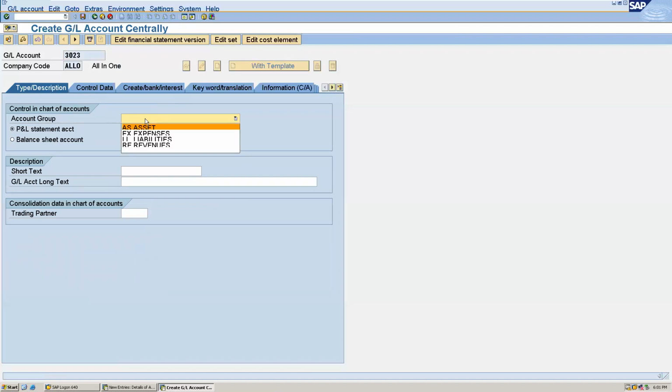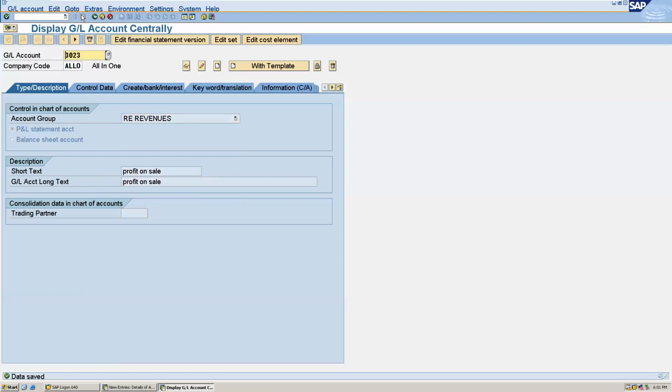And in the account group, we will give income, which is revenue, a profit and loss account, profit on sale. Okay, save this.